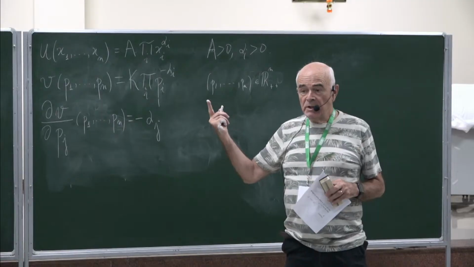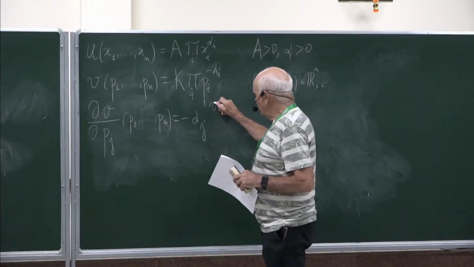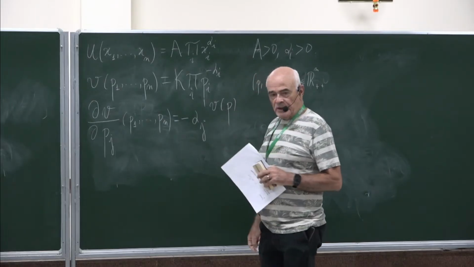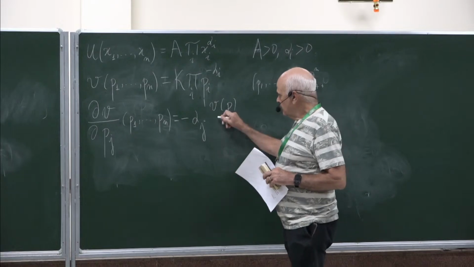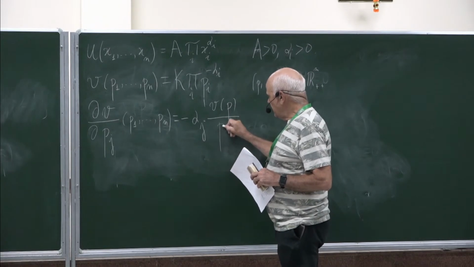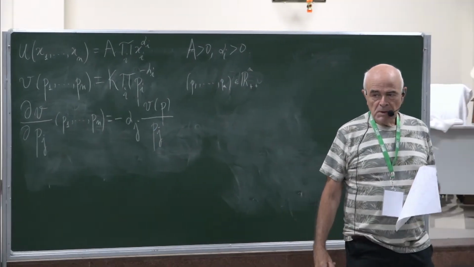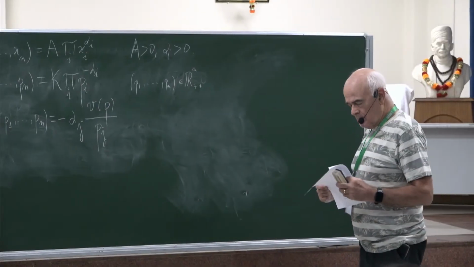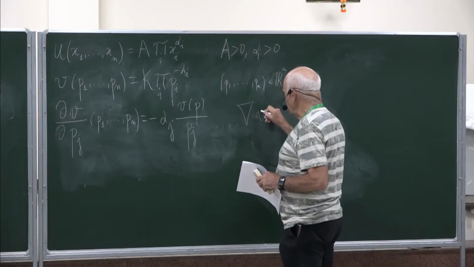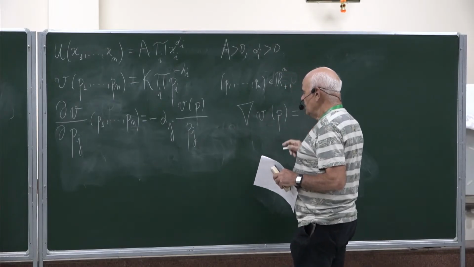This is why I don't need k. So I can write now v of p, if you allow me, for the sake of brevity, divided by p_j. Do you agree? So we know the gradient. So the gradient of v at p is